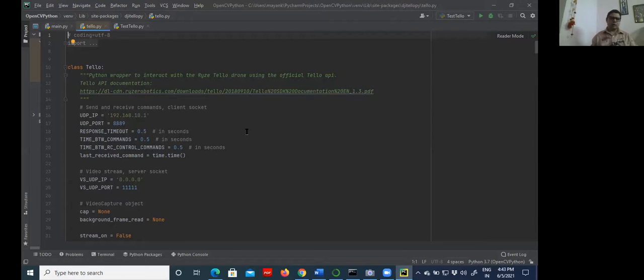So before connecting to any programming environment or local host, first just connect this drone to the programming environment or the Windows operating system, so that this port will be taken by the Tello drone. Otherwise there will be a problem, because this drone will not connect to any other local port.